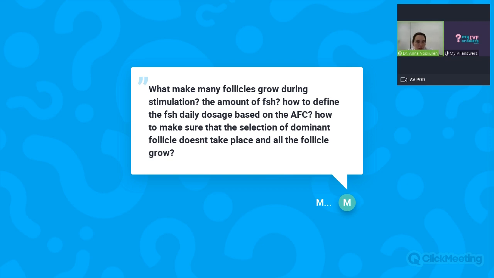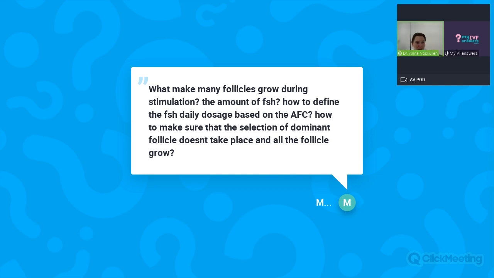So how do we do it to make more than one grow? Just giving more FSH. I mean, we give external FSH to try to give hormones for all the follicles. Of course, it's not mathematics. It doesn't mean that even if we give you a correct dose, all of them are going to grow, because it depends a lot on your response, on every patient. It's very different. But the thing is, we give more FSH to try to make all of them grow, within a security for the patient, of course.